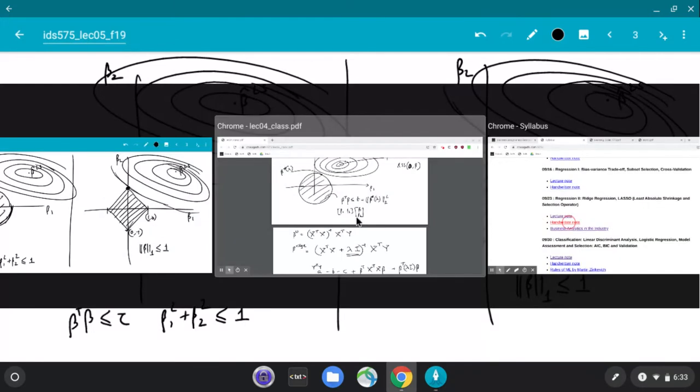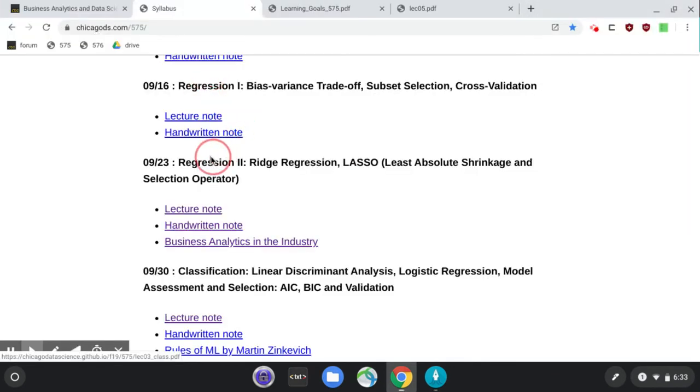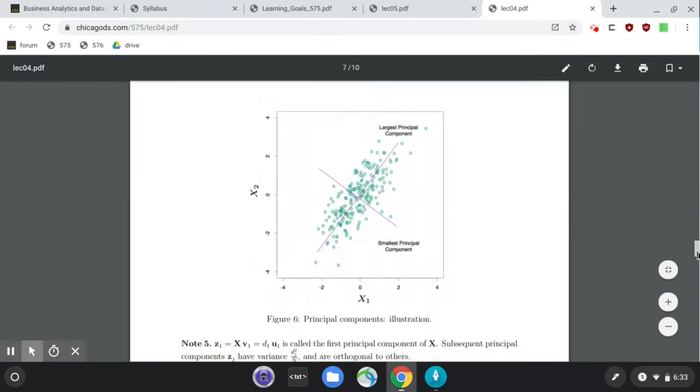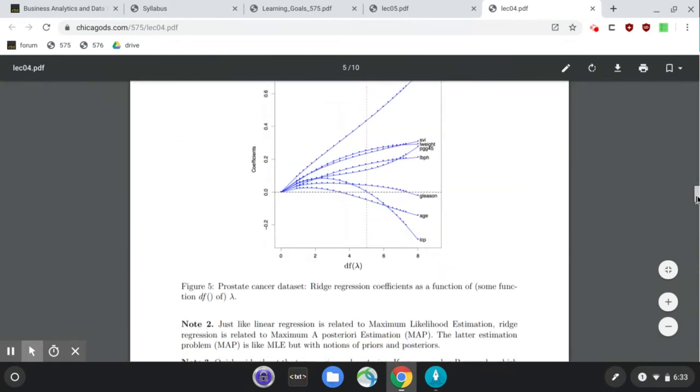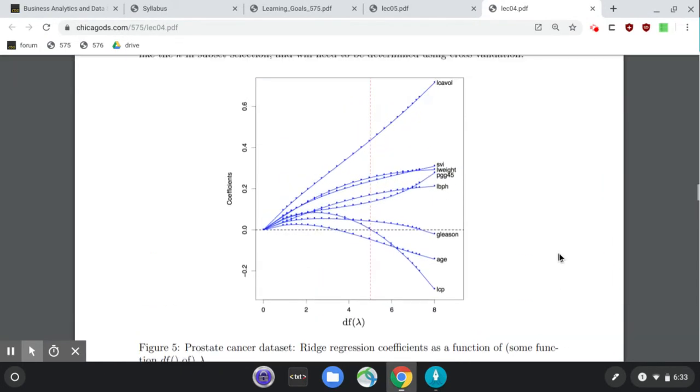And actually, there's a picture I think from last time. Just close this guy. Last time we saw this one, where we said if lambda is really large, all the beta coefficients will be zero. That's what these coefficients are, and as lambda shrinks close to zero, then these are the beta coefficients. This is what we saw last time, and I just want to contrast that with another picture,